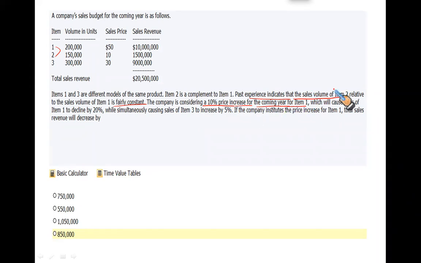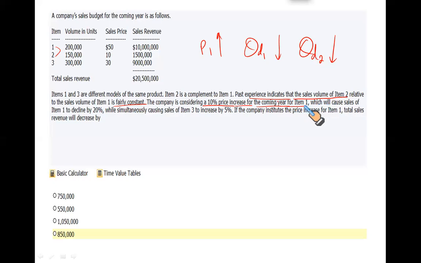Now, let us just discuss some economic concepts before moving on to the other text here. Item 1 and 2 are complementary. So if you are going to increase the price of item 1, the law of demand tells us if the price of a certain item goes up, its quantity demanded will fall. Since item 1 and 2 are jointly demanded, they are complements. So if you increase the price of item 1, the quantity demanded for item 1 will fall. So the law of demand tells us the quantity demanded for item 2 should fall as well, even though there has been no change in the price of item 2. That's what the law of demand tells us.